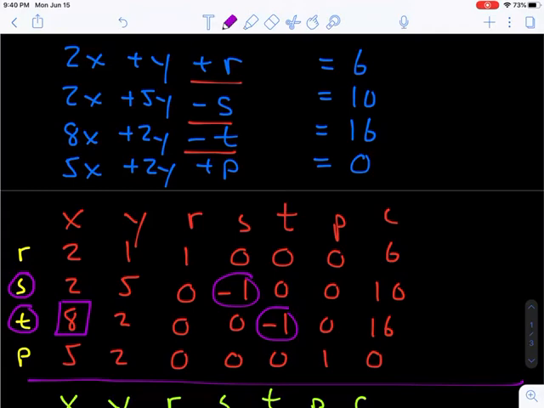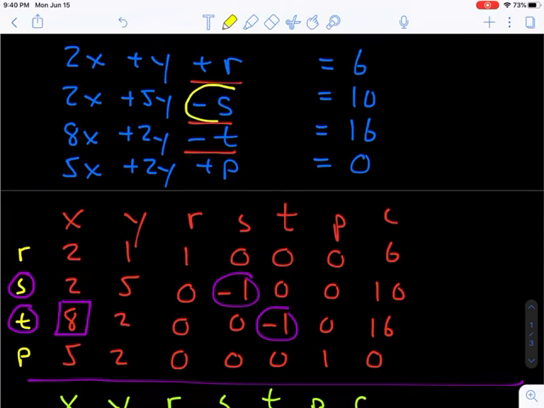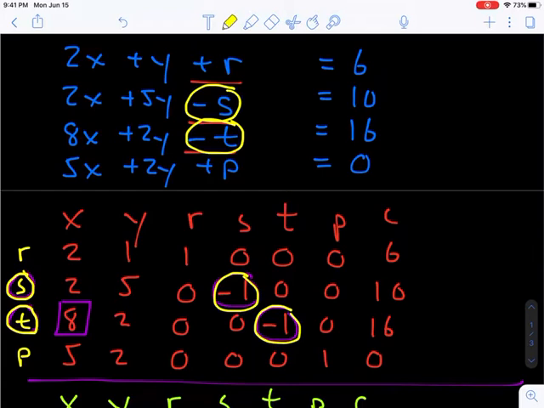Well, in the initial table, because we have a negative s and we have a negative t up here, and this is negative and this is negative, that means that s and t are going to be negative active variables. And so we highlight those two rows, the S row and the T row. And so in the initial table,